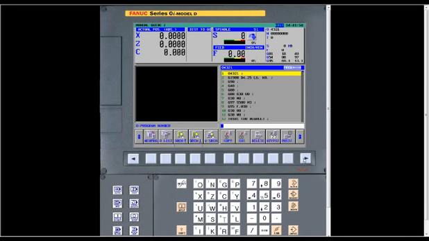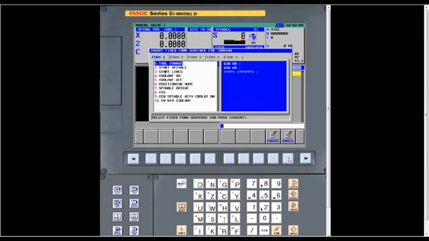Now at this point, we want to go over our fixed forms. We want to talk about our fixed forms. And when you first go into Manual Guide I, this is your typical first screen in Edit. If you go right shift, there's a soft key, fixed forms. And it takes you into the fixed forms, which usually might be empty in your machine. And it's critical that you go in and set up